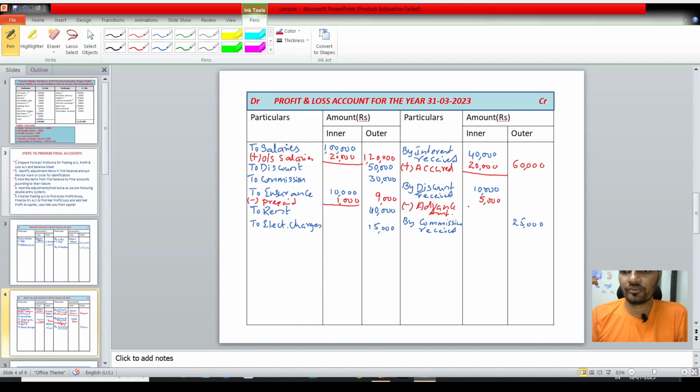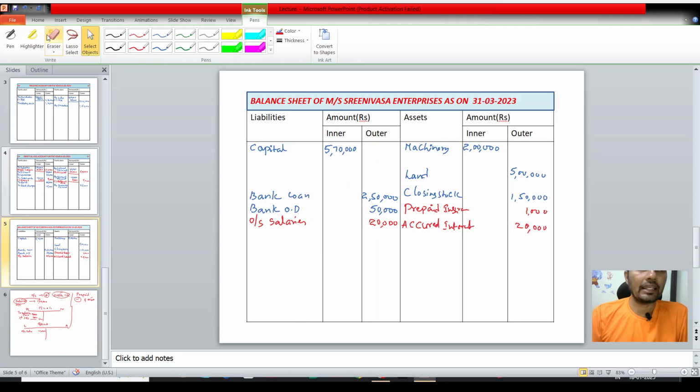The actual amount we have to receive is only 5,000, but an extra 5,000 we received. So 5,000 rupees is not our money, we have received it in advance. So that is why we have subtracted. The second, we have to show it on the liability side. So interest received in advance 5,000 rupees, we have to show on the liability side. And next one,